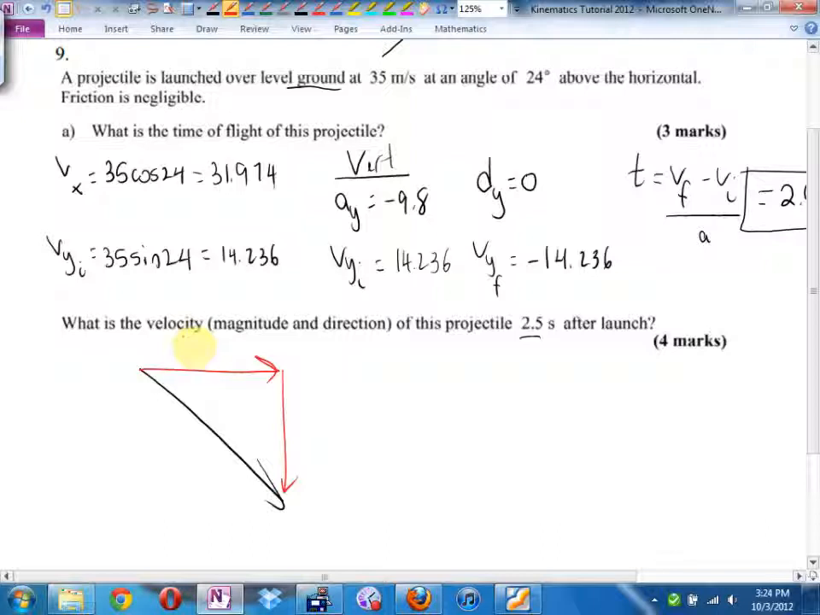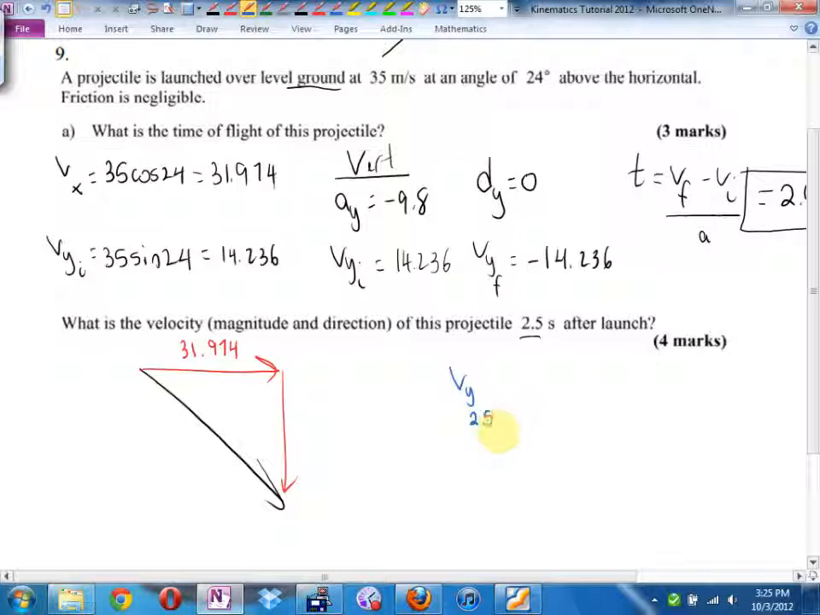It's made up of 31.974. Now the common mistake I see kids make is they do this. Don't write this down. That's V final after 2.9 seconds. Don't you be using that. Or they put V initial vertical there. No, no, no. We have a new time. What's the time in this question? 2.5 seconds. You know what? We are going to have to find